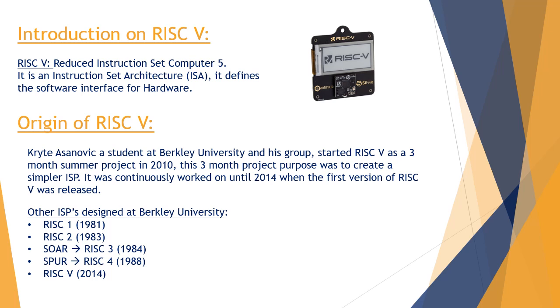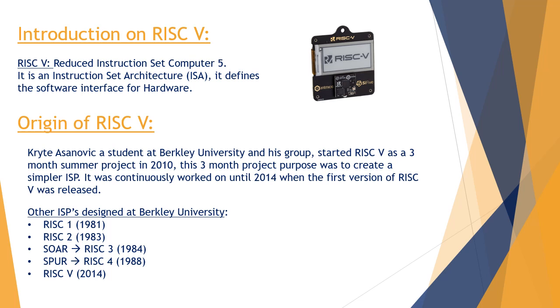First, we're going to start with a brief introduction on RISC-V. What does RISC-V stand for? RISC-V is a reduced instruction set computer and it's the fifth version of it. It is an instruction set architecture, an ISA. This means that it defines the software interface for hardware. Therefore, it defines the sets of instructions, the data types, the registers, the addressing modes, the inputs and outputs, and